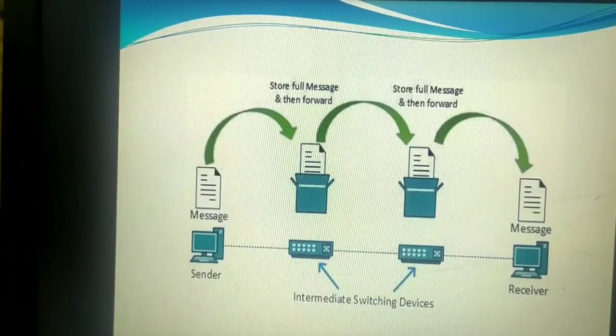When the next postman comes and receives it, there will be many destinations. Different people will be writing letters. Some letters may go to Mysore, some will go to Bangalore, some may have to go to Hyderabad. Depending upon the destination address, that postman will forward it to the nearest post office that makes a path to reach Bangalore city. He will forward that letter to the next nearest post office.